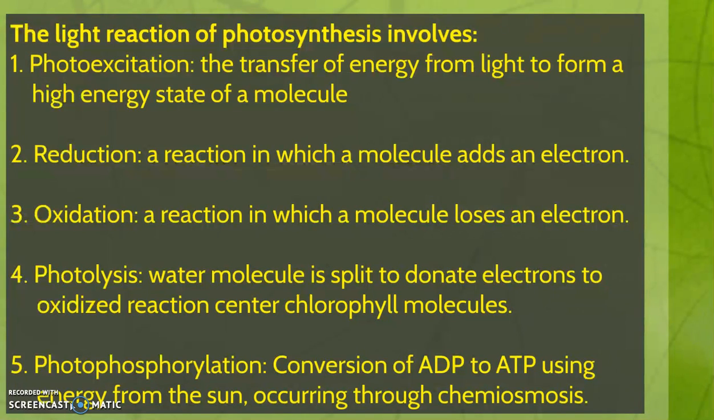So these are some terms that will help us when we look at the Z scheme. Number 1, photoexcitation, the transfer of energy from light to form a high energy state of a molecule. We see photoexcitation occurring in the antenna pigments. So those antenna pigments become excited and they transfer that energy to the reaction pair of chlorophyll molecules in photosystems